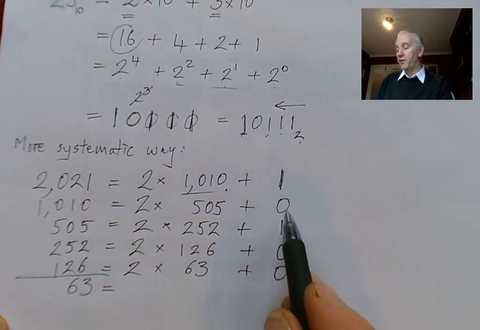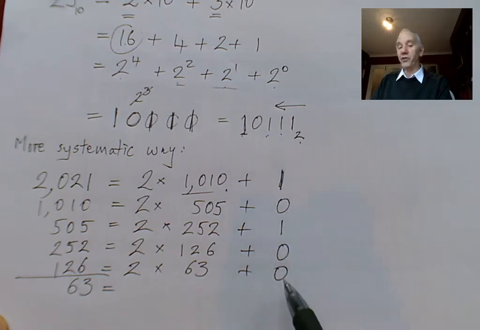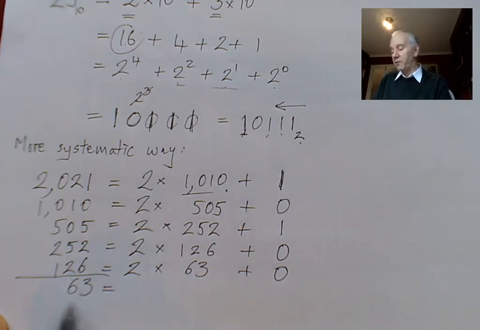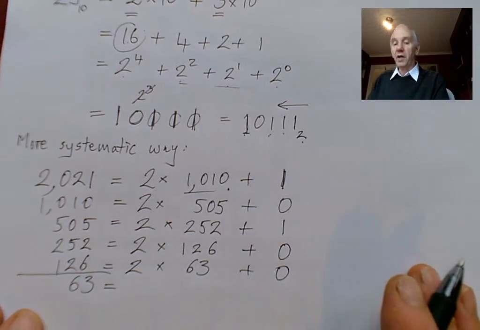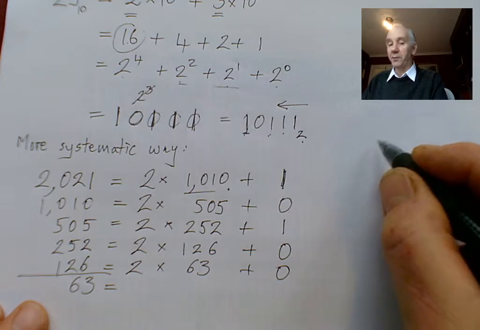And working from the right, we found the first, second, third, fourth, fifth digit. And then, if I knew the binary expansion of 63, I can just put that further to the left. But I do separately know the binary expansion of 63 without applying this method,